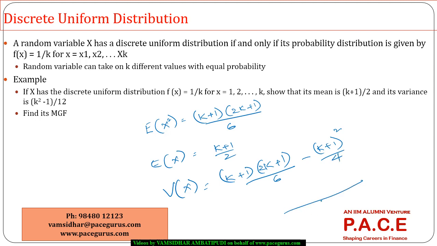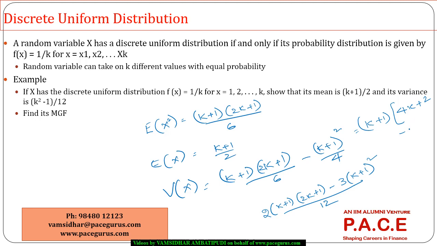So based on this, I can very well find out the LCM being 12. It becomes 2 into k plus 1 into 2k plus 1 minus 3 into k plus 1 whole squared. If I take out the commonalities by taking k plus 1 outside, it becomes 4k plus 2